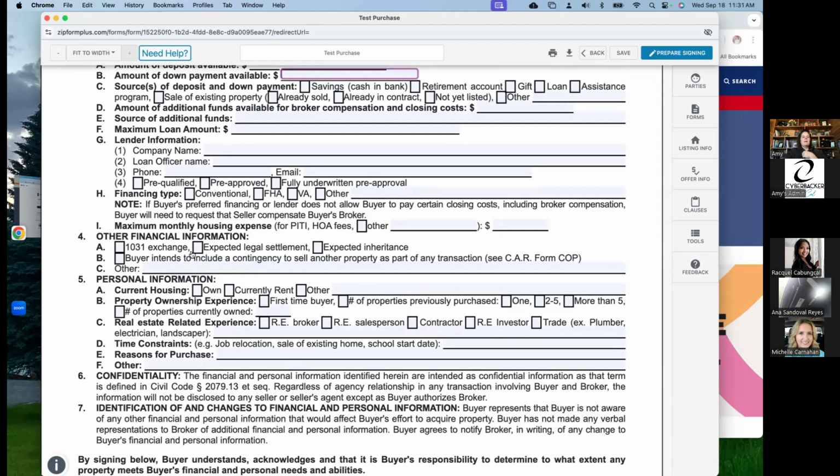Okay. Is it a 1031 exchange? Are they going to have a contingency to sell another property? What's their current housing information, property ownership experience, real estate related experience, time constraints, reason for purchase, other. This might even be a great questionnaire to send out before your buyer presentation, and actually have them complete as homework ahead of time. So that way you can be having these conversations. I would send this one and maybe that,